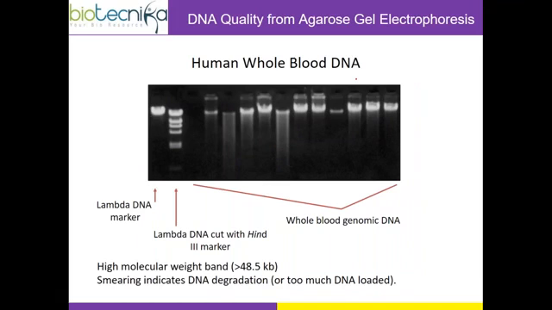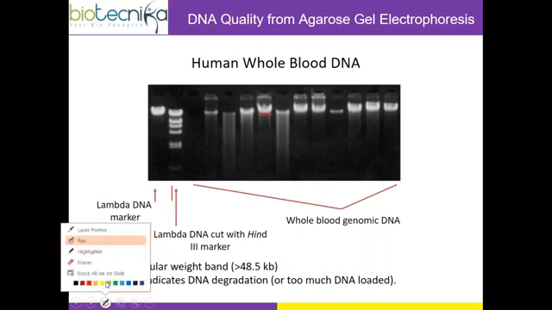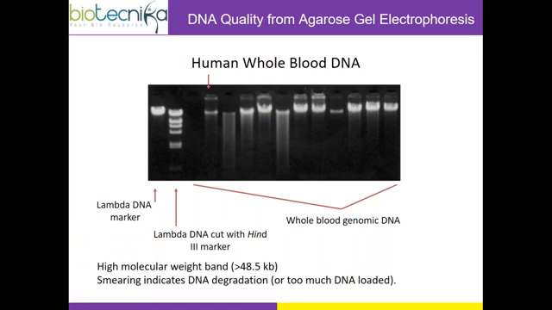Then this is the whole blood DNA. I told you about the chromosomal DNA, na? This is the lambda marker, which is restricted with HindIII. Now, how will people analyze this? This well has very less DNA, this is degraded, this is also partially degraded, this is good. You can see the boat shape, na, something like this.